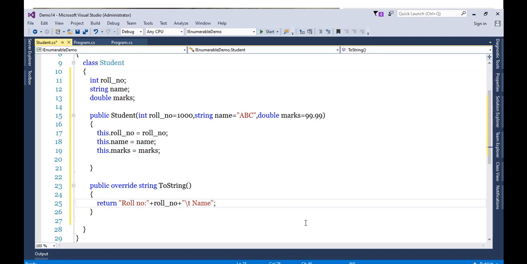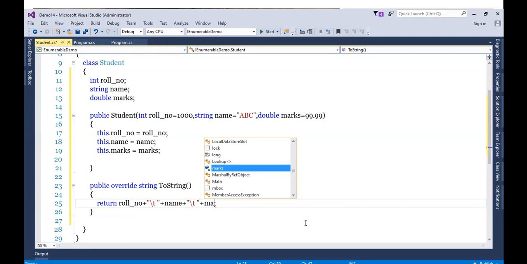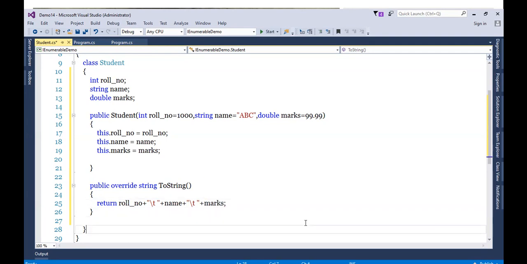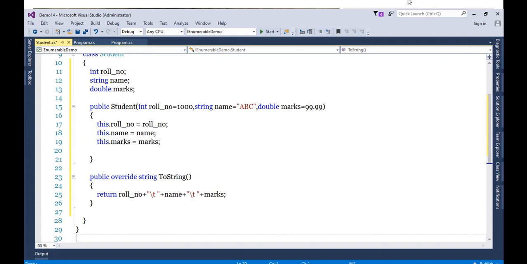I guess instead of writing labels, we'll just simply display it in a single line. That will be better for me because we got a collection. I don't think we got a single object. So better I'll follow this format. So roll number, then name, and then lastly we have the marks. Fair enough. So we got the student class lined up. Okay.